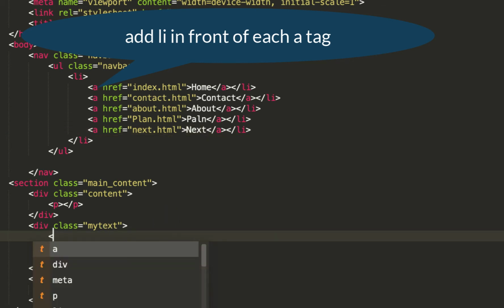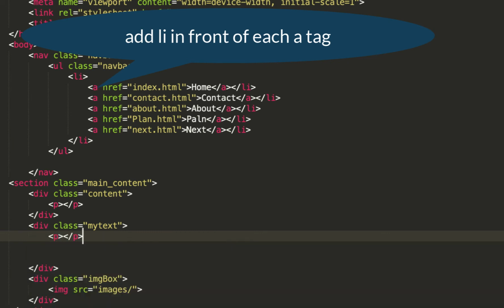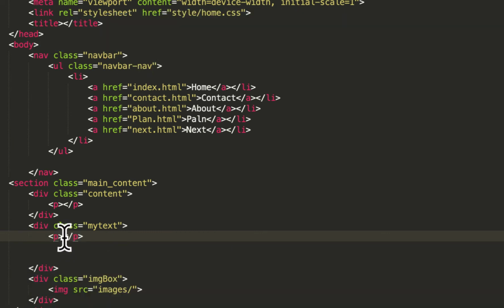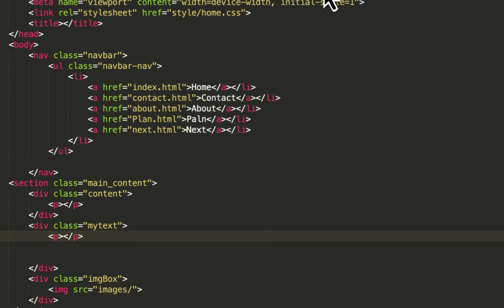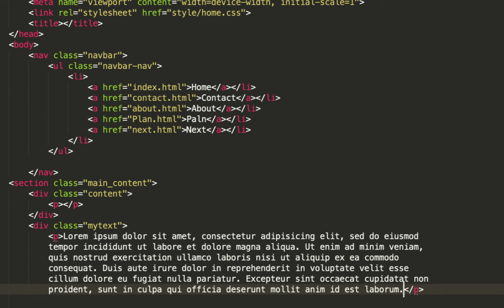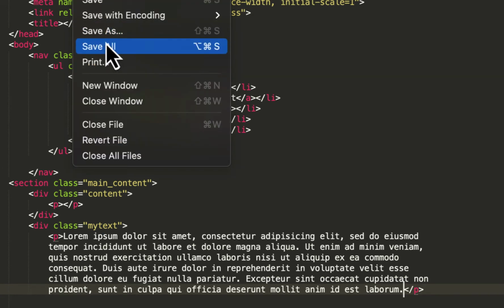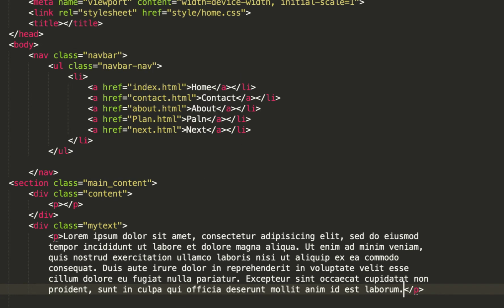I'm going to use a p tag, and in this p tag you can put some page text here. Let's save that. I have to have images here, so let's go back